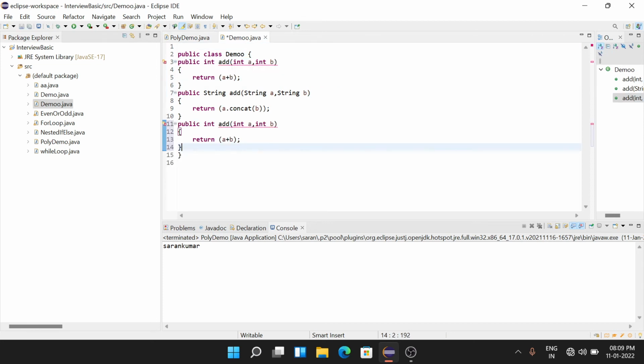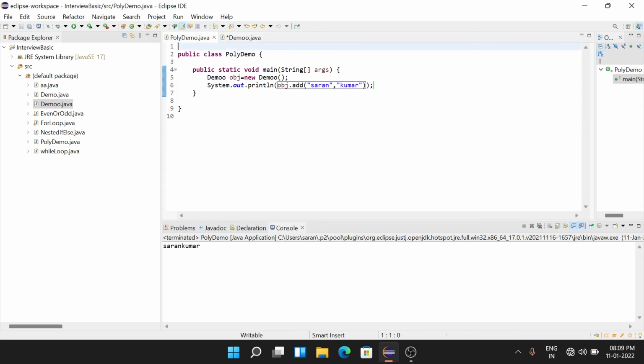I'm writing another method, and the method name is also add, but the first value is double and the second value is integer, and it returns a double. Then we get the addition of a double value and an integer.